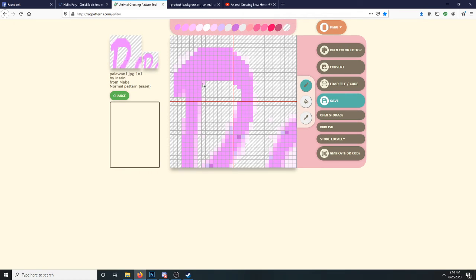Alright, so let's see here. Just taking away the colors that I don't want, and I'm replacing them with the color that I do want. Okay, so I don't really like